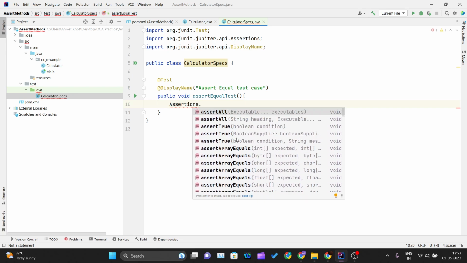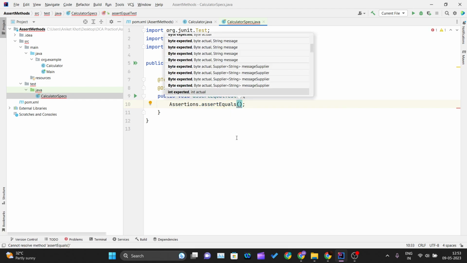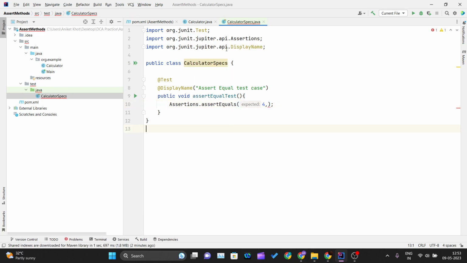We see assertEquals, and you can see I have to pass the parameters as the expected and the actual output. My expected output is 4, and my actual output I will get from